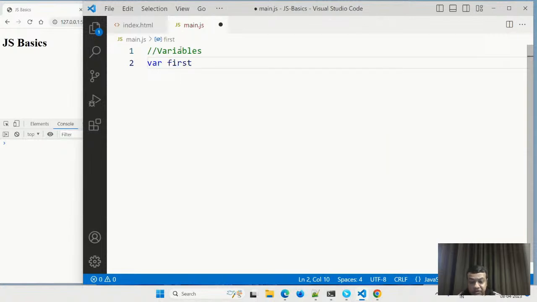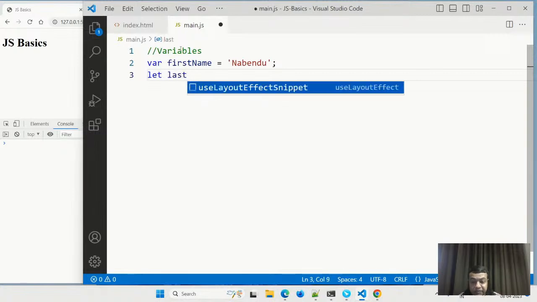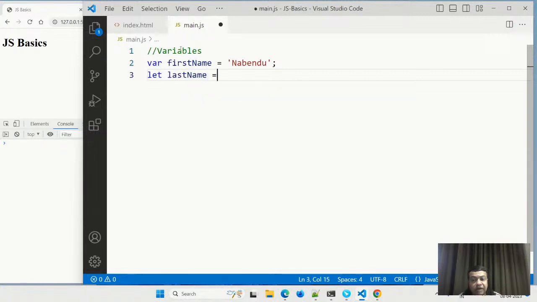Suppose I write var firstName equal to a value. And let is also there, let lastName. Var was there from the start of JavaScript, from 1995 till 2015, and it was the only way to declare variables. From 2015, two things were introduced: let and const.